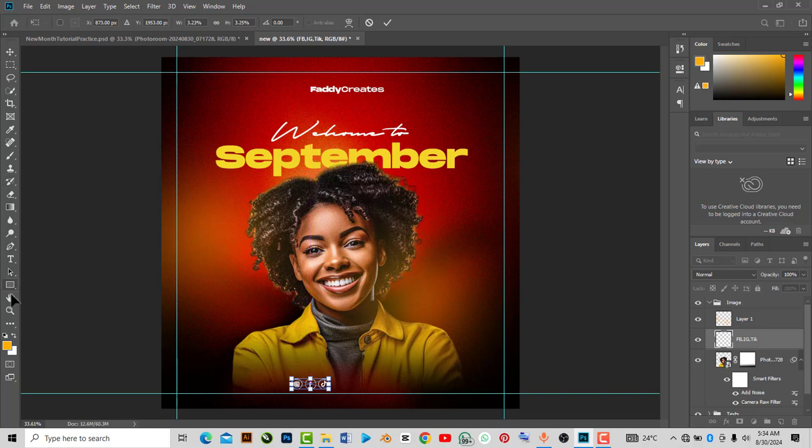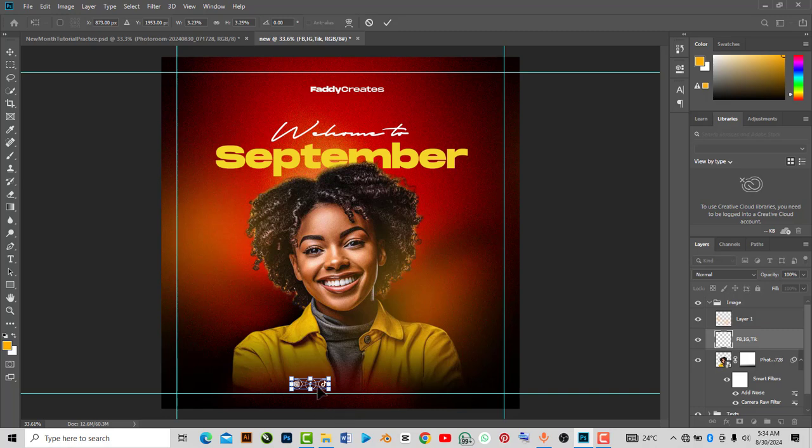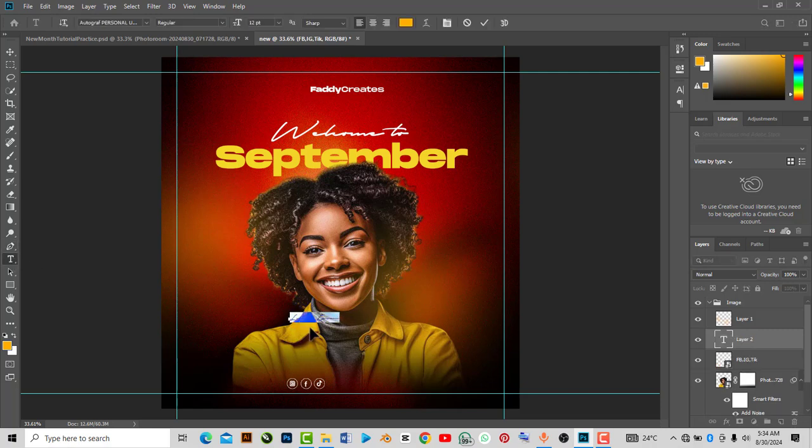Then I'll select my text tool. Sorry for the noise. So I'll select my text tool, and I'll type Fadi Create. Yes, so after doing this, I'll just double click here to highlight the Fadi Create because it's not the